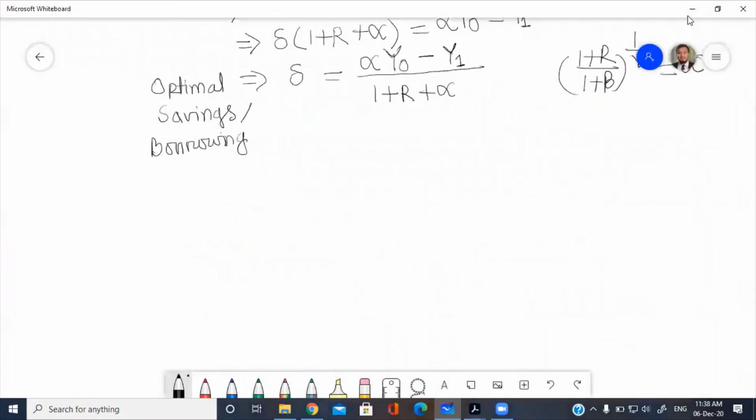Okay, can we write C naught in terms of Y naught minus delta? Is it okay? Yes, sir. Okay. Now, if you replace the delta by this,